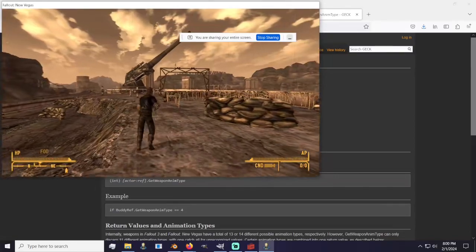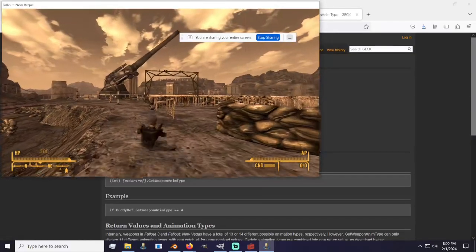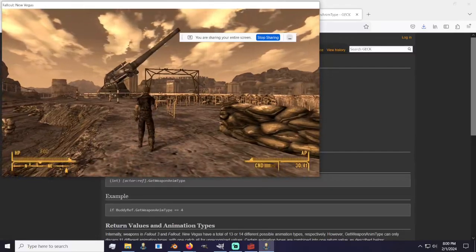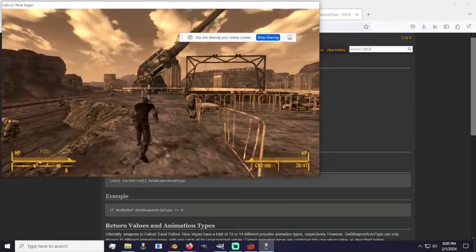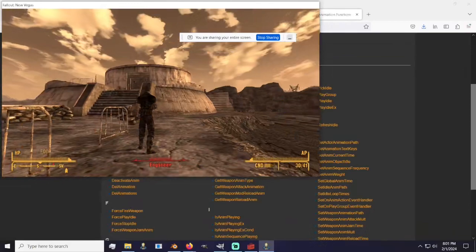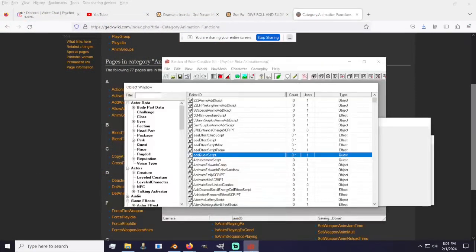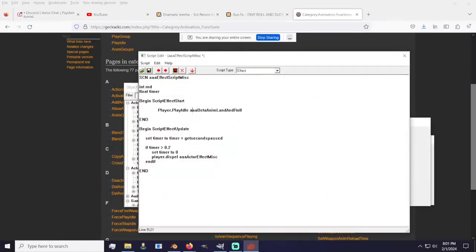And I made a script so that when you're in anim action 13, you have the ability to shoot. Well, I need a weapon with bullets first. You have the animated ability to shoot while you're rolling, which is pretty dope. The only thing you really need to know is that I'm playing an animation called Beta Anim Land